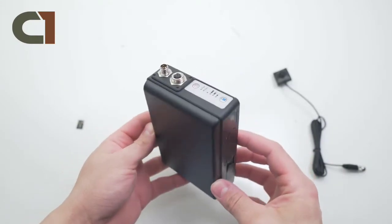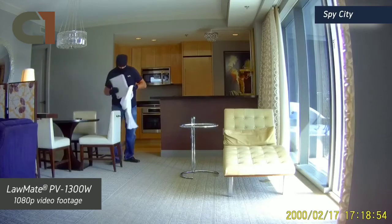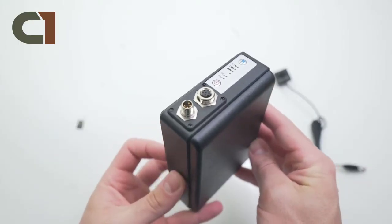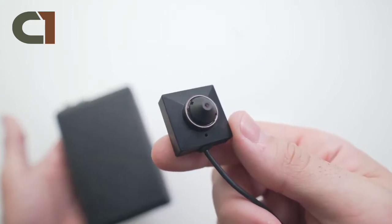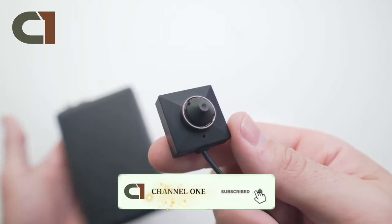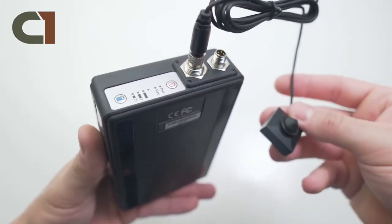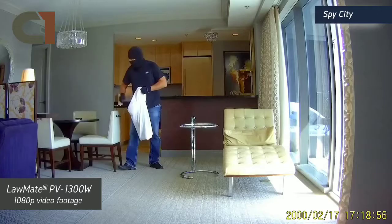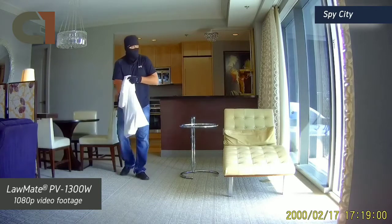And don't forget to check out the PV1300W from Lawmate. It's one of the most comprehensive yet easy to use pinhole camera DVR kits that are on the market. In summary, you've got your black box DVR with a few controls, inputs and outputs. And then you've got your 1080p pinhole camera, which connects to the socket at the top. The battery life of the PV1300W is one of its biggest strong points over other DVRs on the market, as the 1300W can record continuously for up to 28 hours and can last in standby mode for up to 1